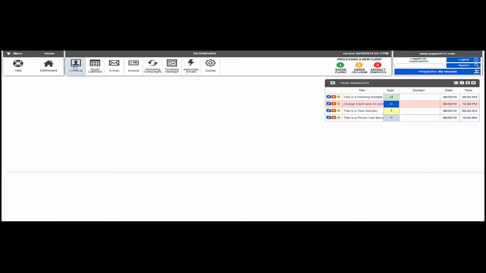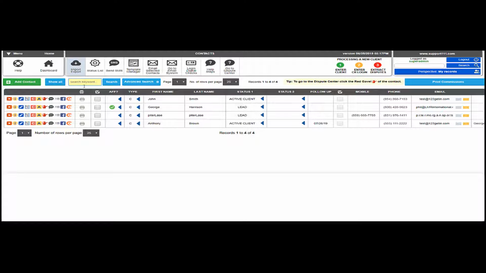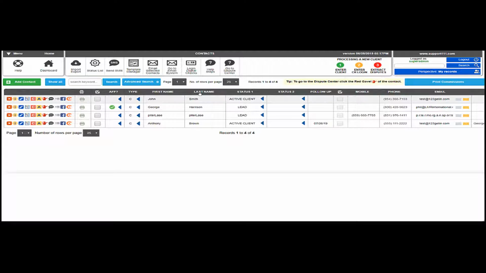Then you'll go to the contacts, and from here you're going to see an icon, so you can type your message here. You can use this symbol to personalize the message and click send SMS, or you can have selected